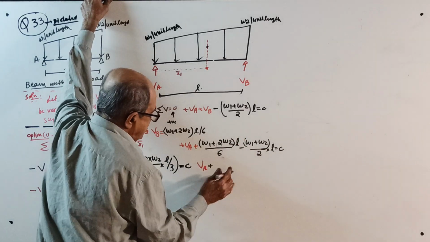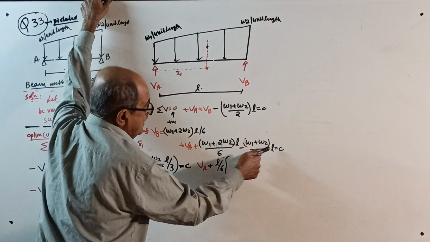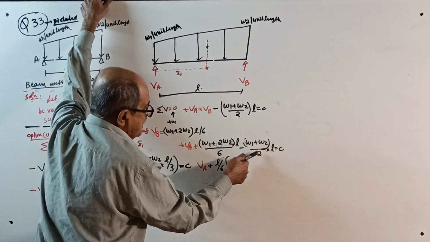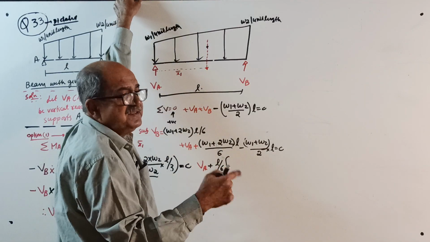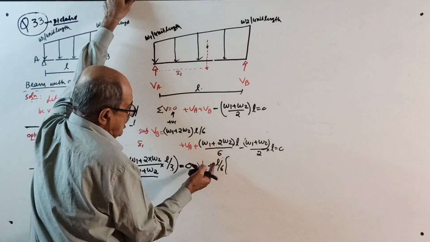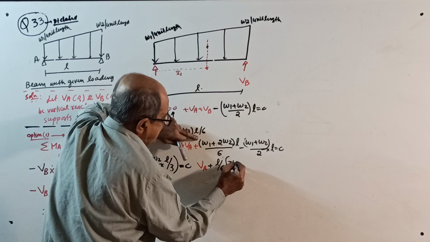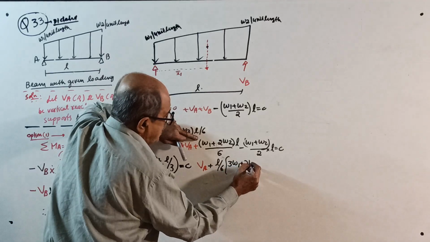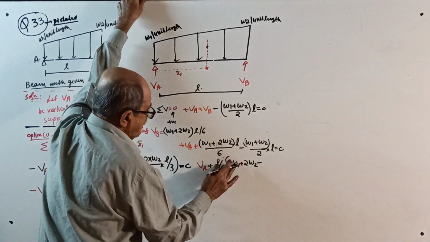So you take L by 6 outside, and 2 and 6, take common denominator 6. So it becomes, I'll put directly now, 3 times, see, it is 3W1 plus 2W2 minus, no, sorry, 6 means,